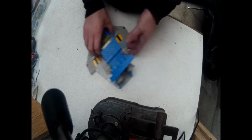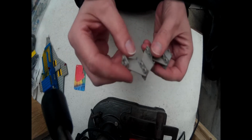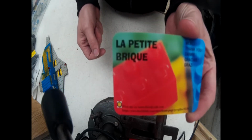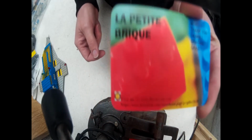Talking of bricks, move that aside. I said I had my first Bricklink order. I made my first Bricklink order. Anyway, I got these today. 1, 2, 3, 4. Ta-da! These 4 pylons from Bricklink. I need them obviously for the wings of my thing. I got them from this chap here on Bricklink, a French chap. Thank you very much for that, sir. Very nicely appreciated, thank you. If you know the guy, then